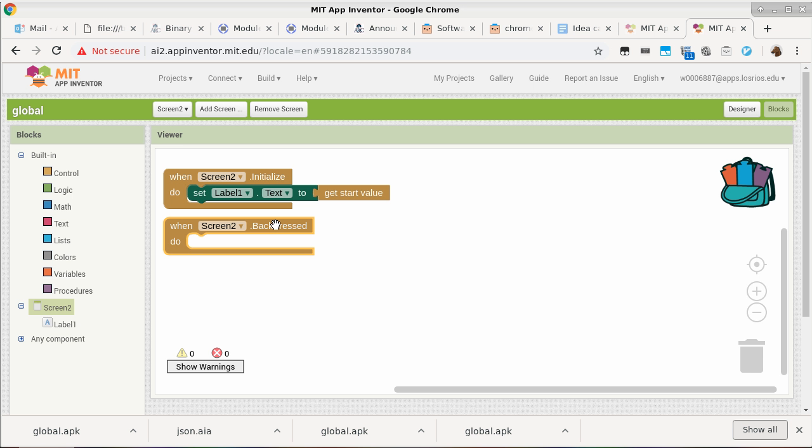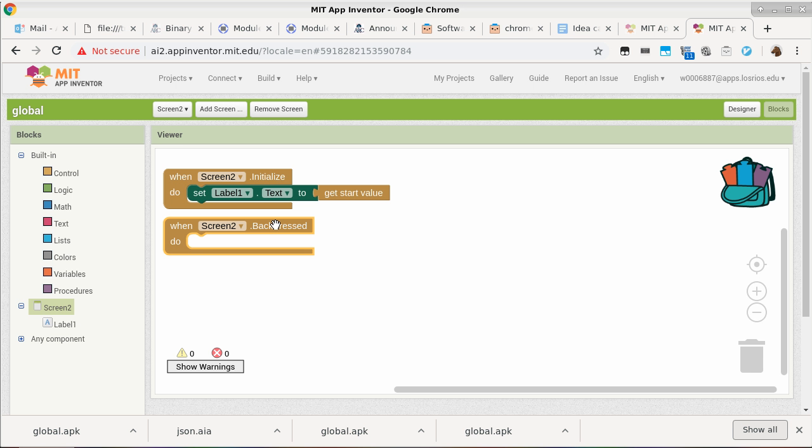It's going to be stuck in screen 2. There's no way to go back to screen 1 now, because the default behavior of closing the screen is no longer being done, because I have just overridden the original default behavior of, let's close this screen and go back to the previous one. Now I'm saying I am going to intercept the event but I'm not going to do a single thing about it.